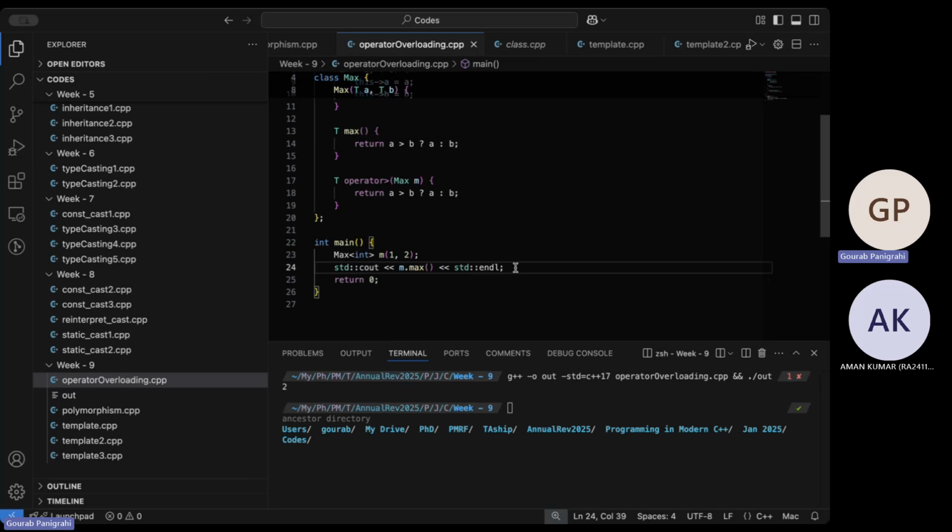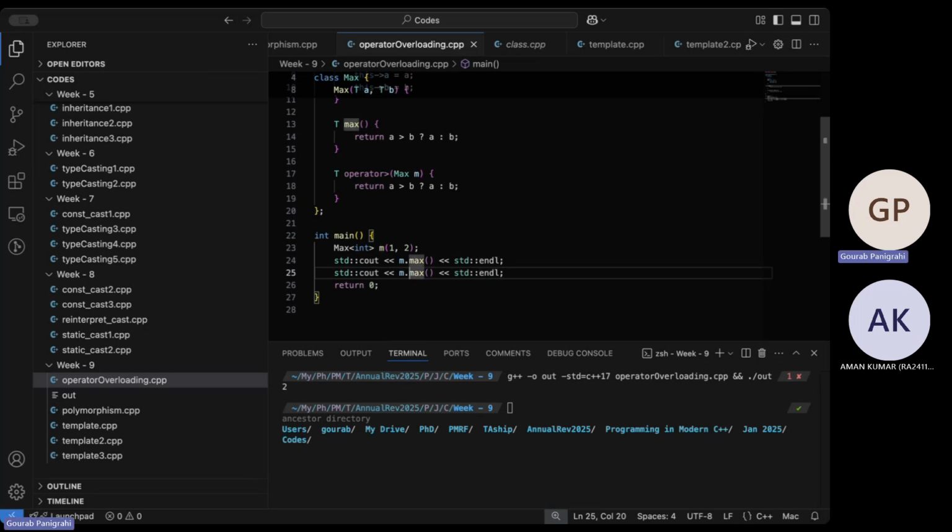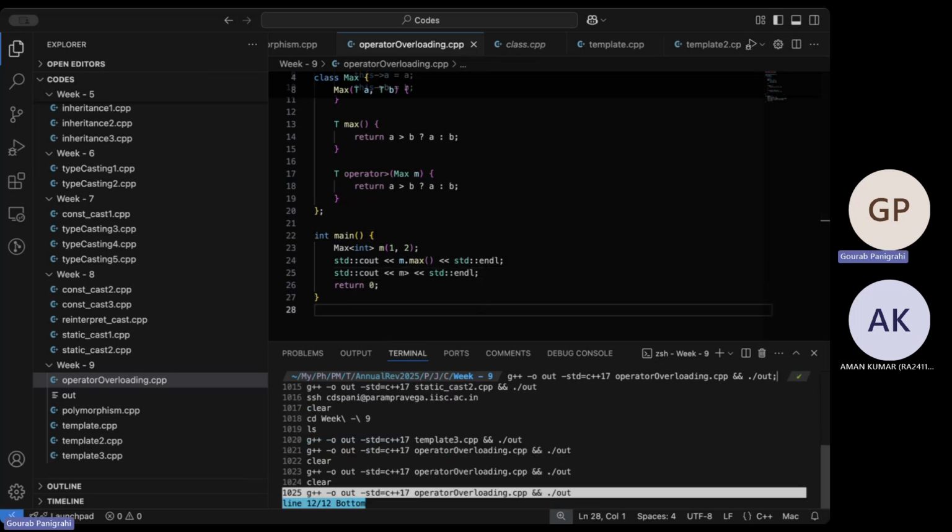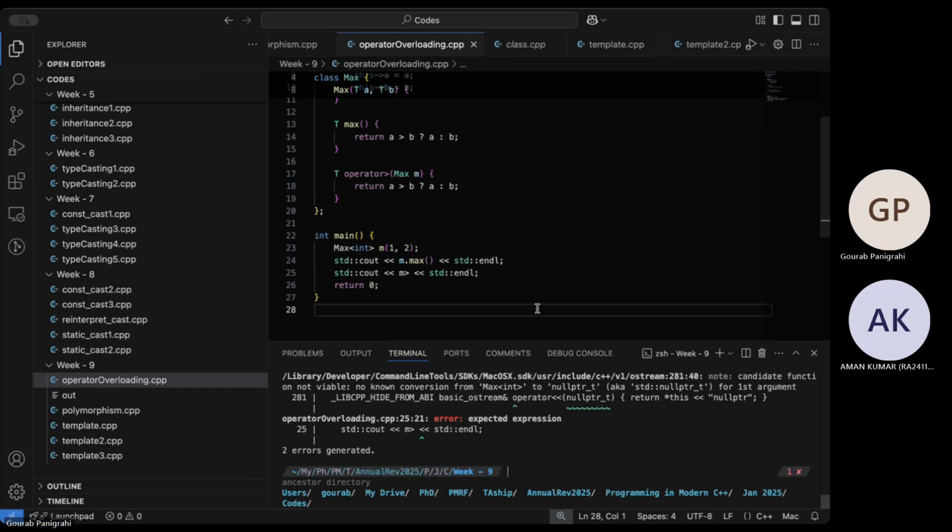Let's see if that should work. I believe it has to be done this way, though I'm not entirely sure if it will work or not.